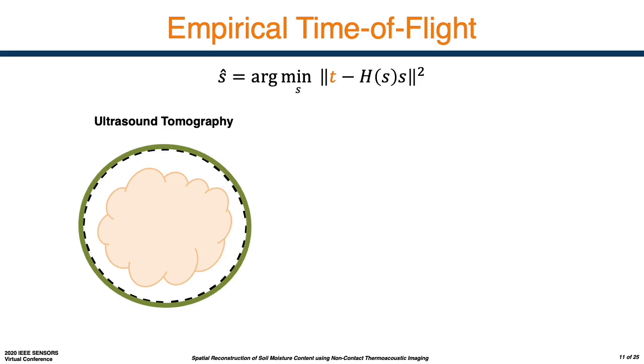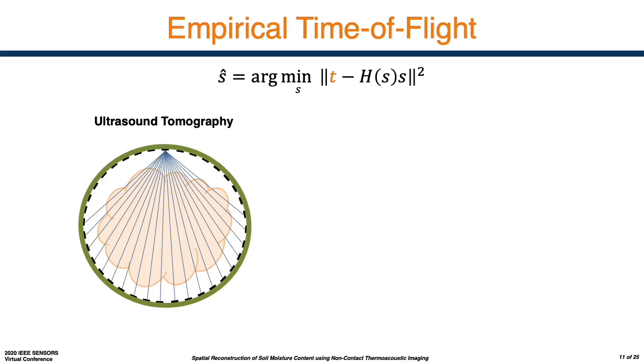These ideas and concepts have been previously used to map the distribution of the speed of sound in a medium, particularly in medical imaging using ultrasound tomography. In this application, a common approach for finding the empirical time of flights is to surround the medium of interest with an annular array of transducers. Each of these transducers can be operated as a transmitter or a receiver so that a single transducer can fire a pulse, and the remainder of the transducers can receive this pulse to determine a time of flight from the transmitter to each receiver. This is repeated for each transducer, acting as a transmitter, in order to increase the number of measurements and ensure a well-posed inverse problem.